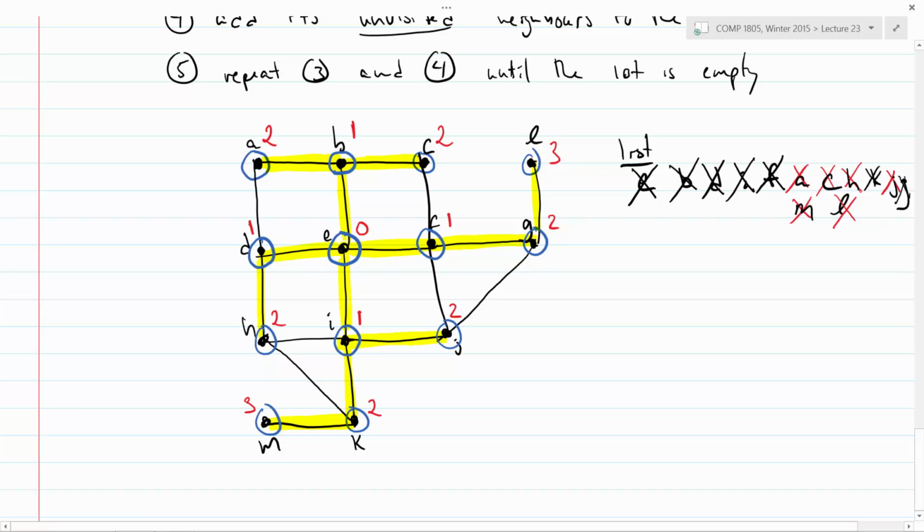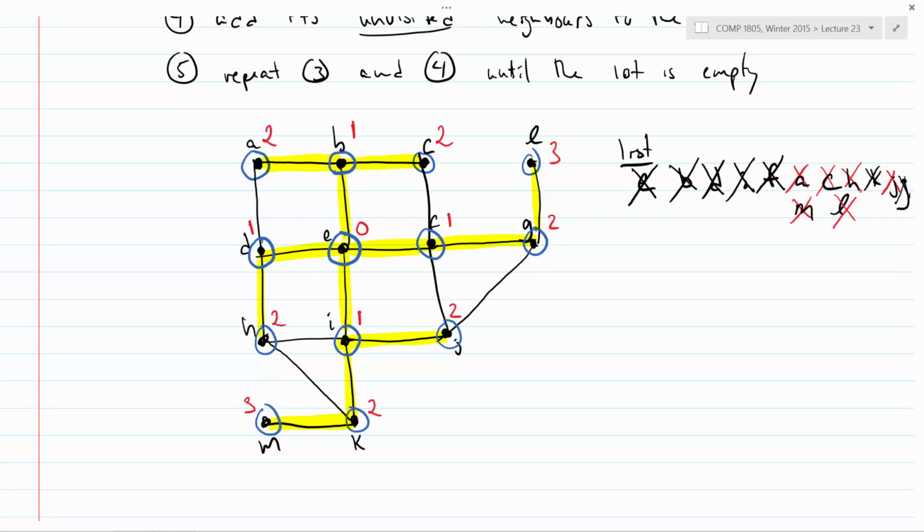Yeah? This is sort of like finding the shortest path to each node. Yeah, this is going to be exactly finding the shortest path, where shortest path means the fewest number of edges. So this doesn't take into account how long any of these edges are, it's just taking into account the number of edges. That's exactly what the red numbers are. To get from E to E, well, I don't move at all, so I need to traverse 0 edges. To get from E to G, I need to traverse 2 edges. To get from E to C, I have to traverse 2 edges. There's some choices about which 2, right? There's 2 paths to do that. And that corresponds to the fact that I could have chosen to visit any one of E's 4 neighbors first.